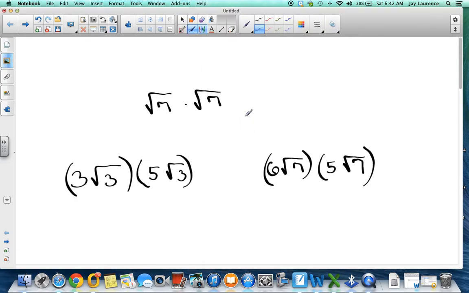But I wanted to talk about multiplying rads. Anyway, rad 7 times rad 7, you guys should know by now, is rad 49. But 49 breaks down into a pair of 7s, 7 times 7. So therefore it's 7. Now another way to think about it, even simpler, remember how I said when I multiply,